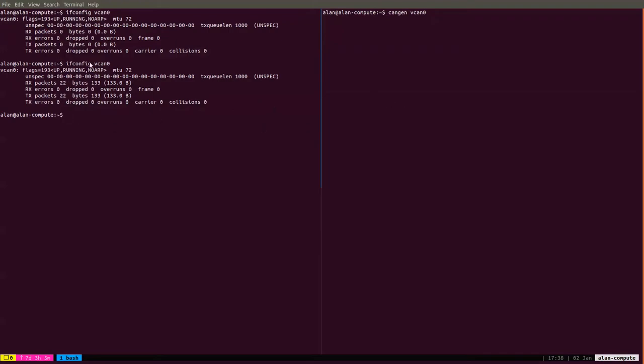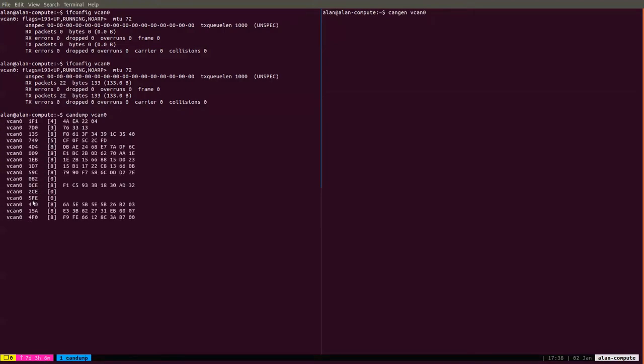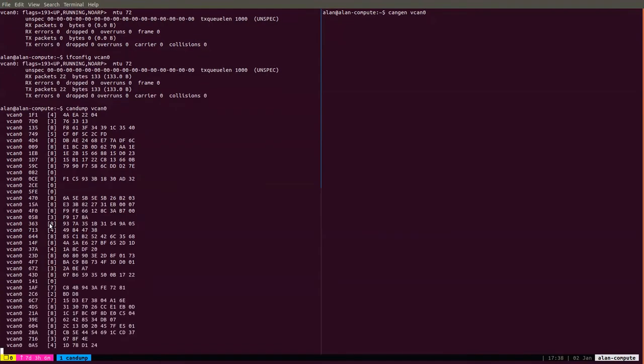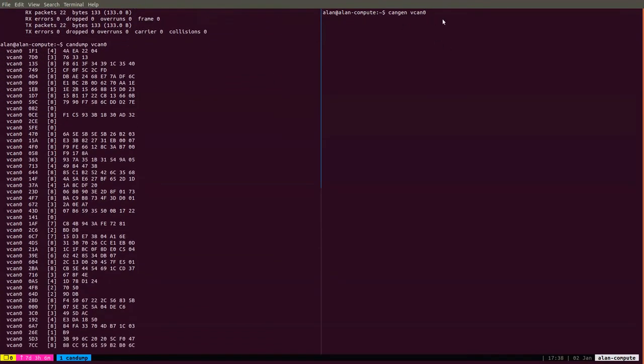If you actually want to see what these packets are, you can run something like candump vcan0. And so I'm going to dump all of the packets right here on the output on the console. So these are just random CAN IDs, random lengths too, that are being generated by this command.